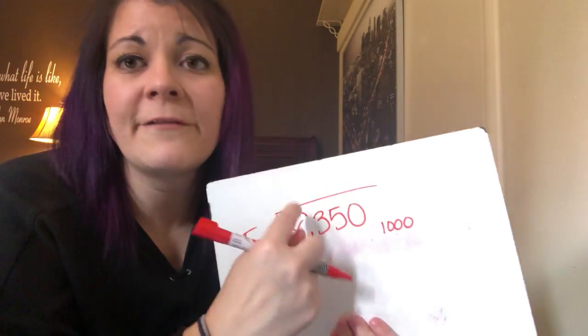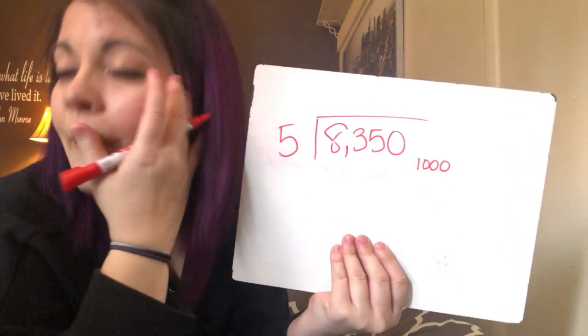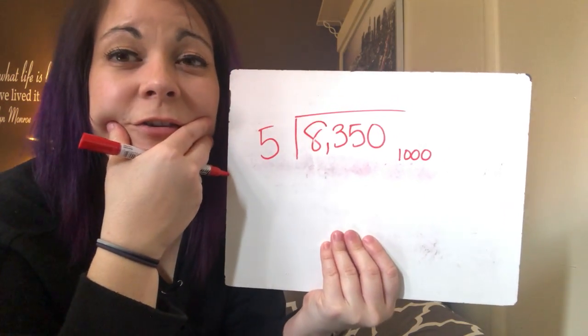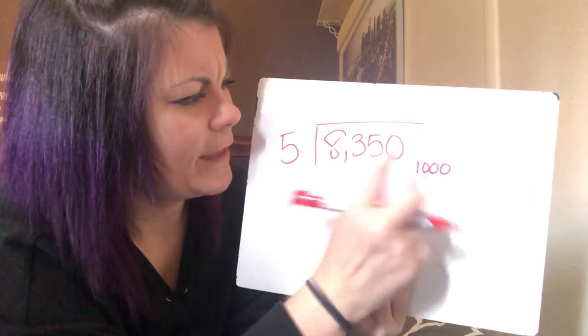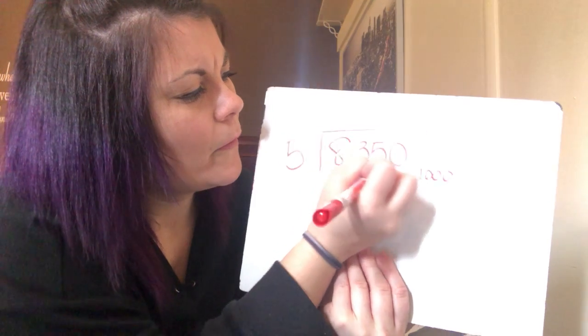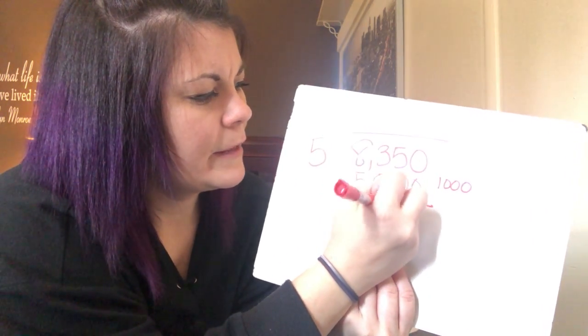So I'm going to say that it goes in 1,000 times. 5 goes in 1,000 times here, because I know 5 times 1,000; I'm doing multiples of powers of 10 for right now. And so then I say, well, what is 5 times 1,000? That's 5,000. So I'm going to subtract that from here. Okay, and then I get